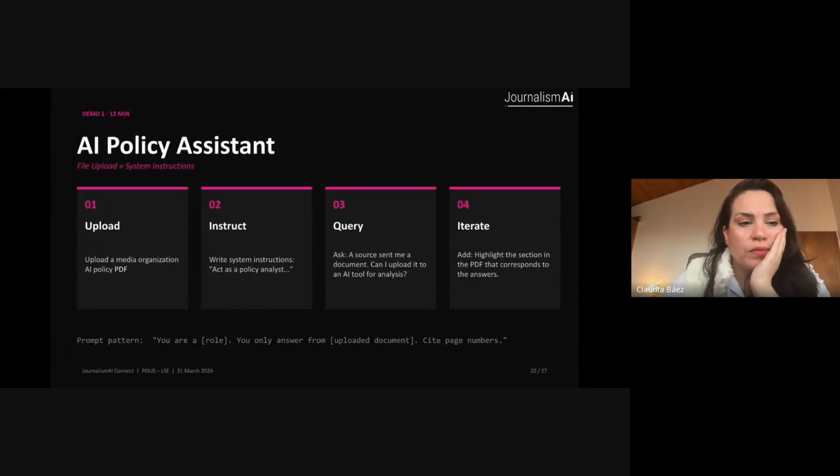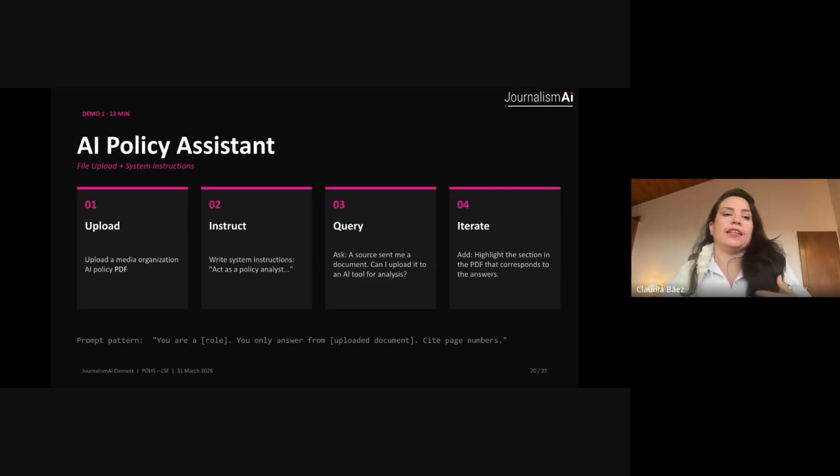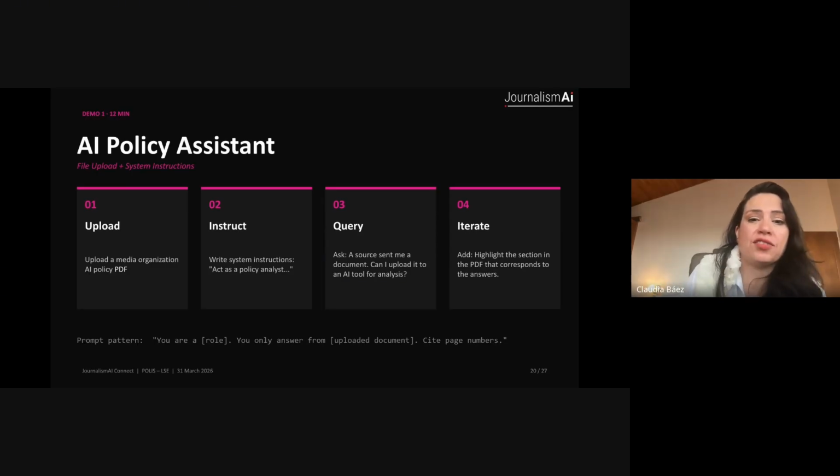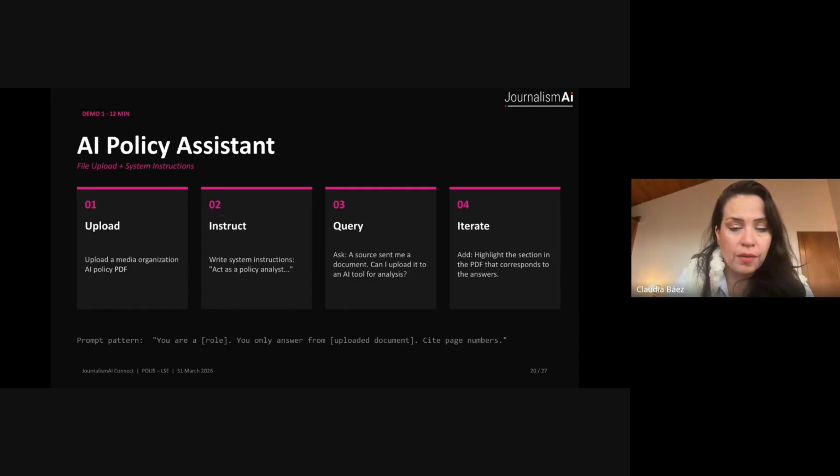Okay, so for the first demo, we're going to build an AI policy assistant. Your newsroom published an AI usage policy for the organization. It is a 15-page PDF, and nobody reads it. But journalists have real questions. Can I use AI to draft headlines? Do I need to disclose AI-assisted research? What about AI-generated images? So we are going to build a tool that answers these questions, based on your AI policy,